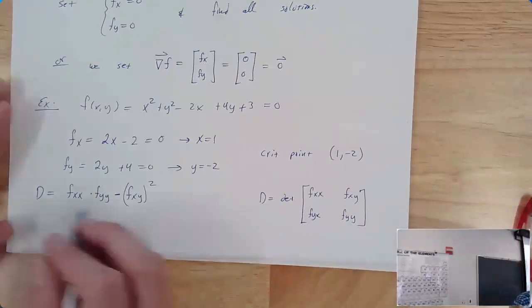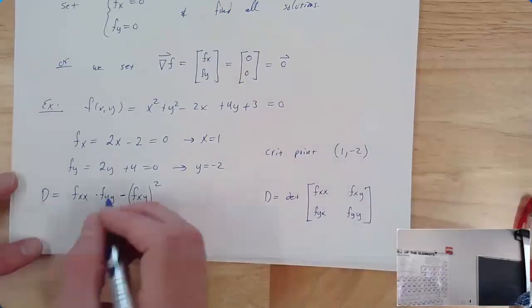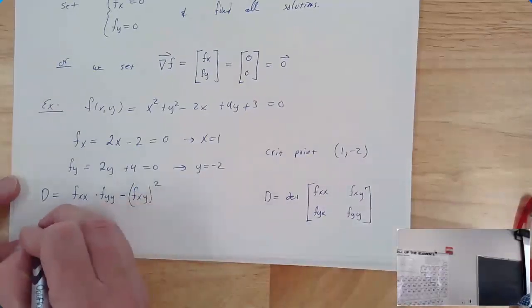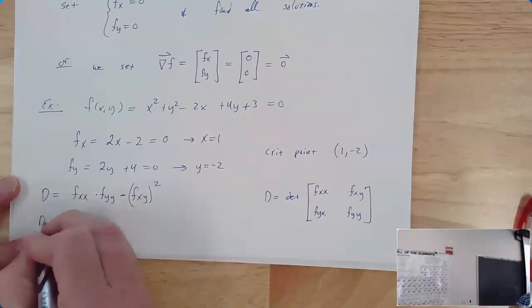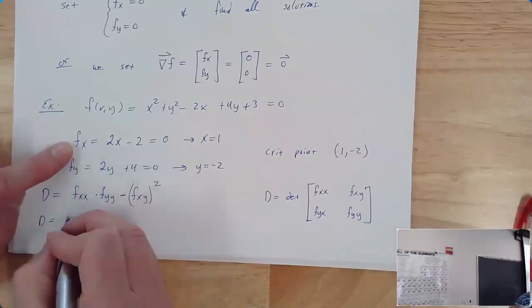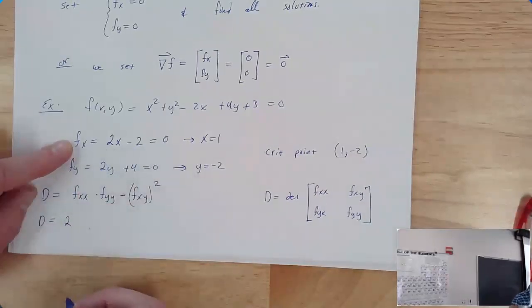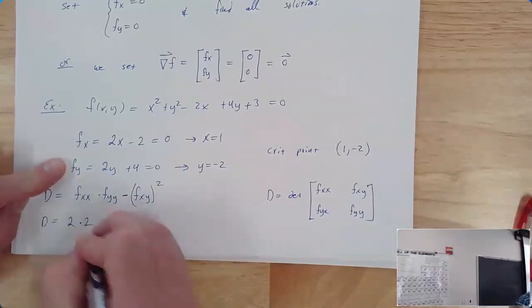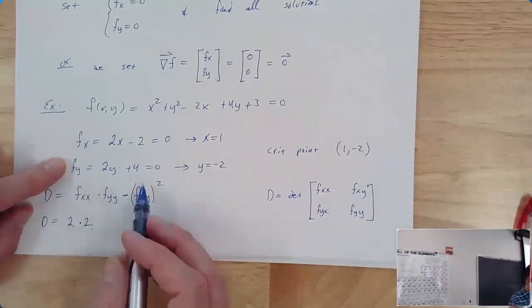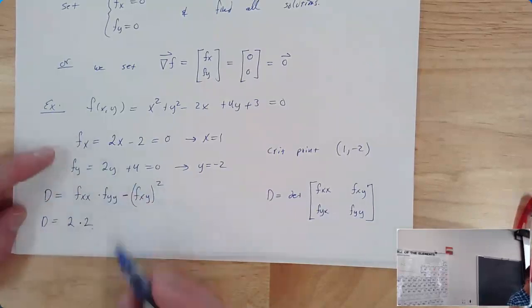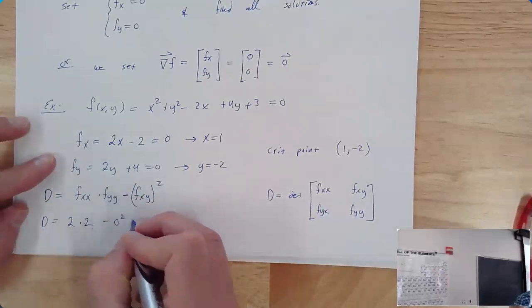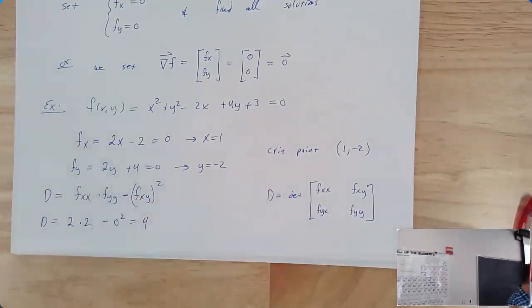Okay, so here we're going to calculate it. My second partial with respect to x is 2, not very exciting. The second partial with respect to y is also 2. And my mixed partial is 0 either way. So the determinant is equal to 4. The determinant of the Hessian being positive means, and we'll write this down in a second,